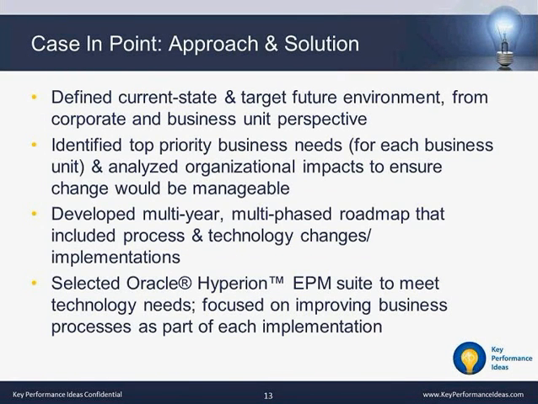The way we went about that is back to that example we walked through earlier in those different phases. The first thing we did is understood where they were. What was the current state? What was manual, what was automated, how were people working together, and then figured out where they wanted to go. What should that target future environment look like?